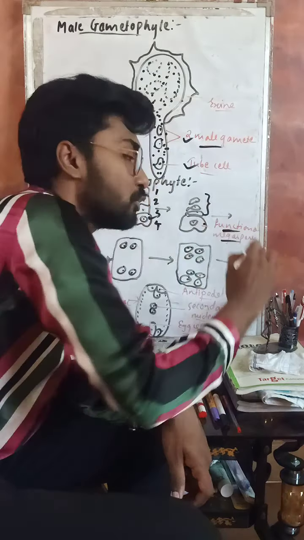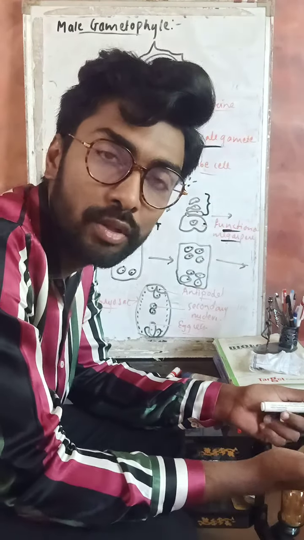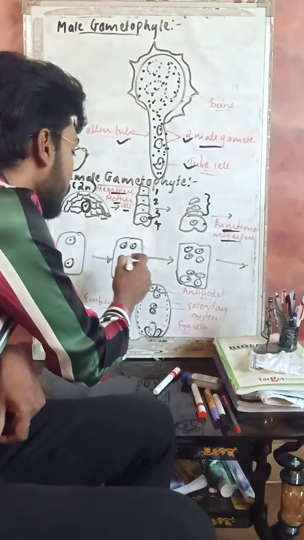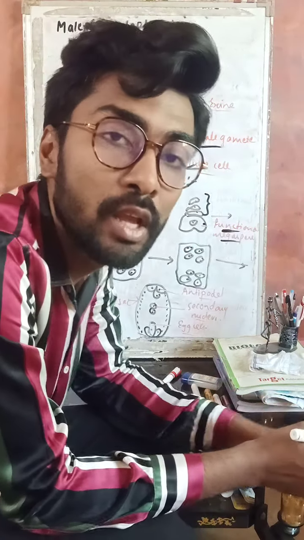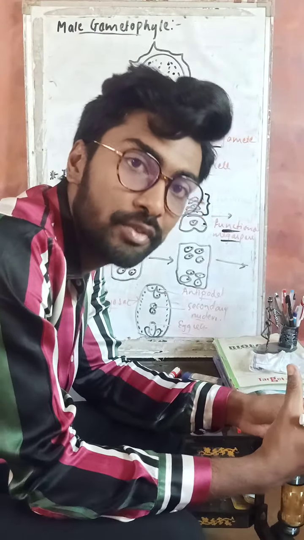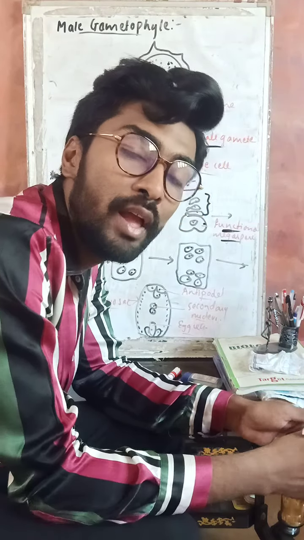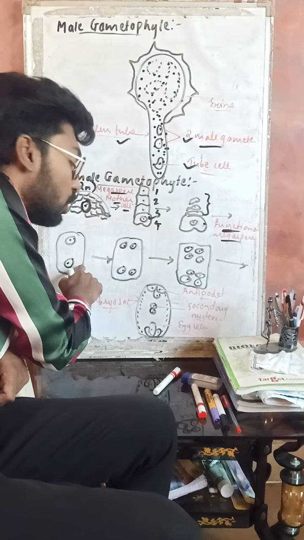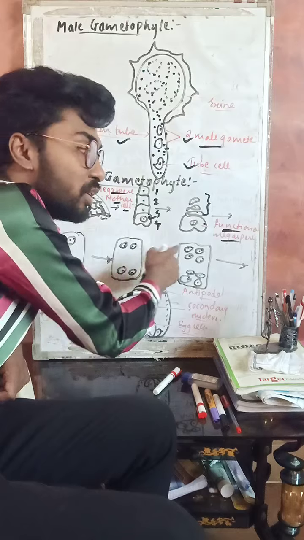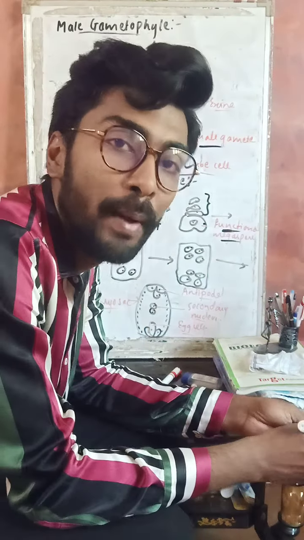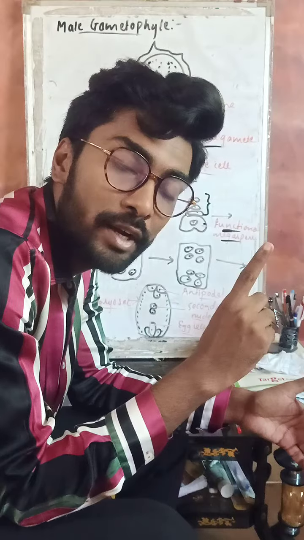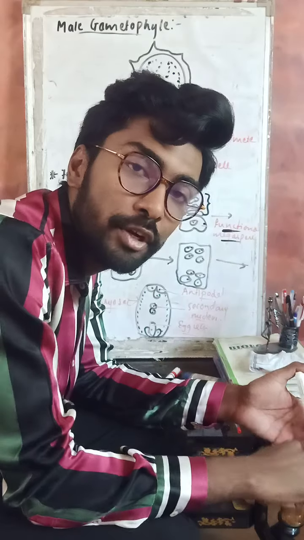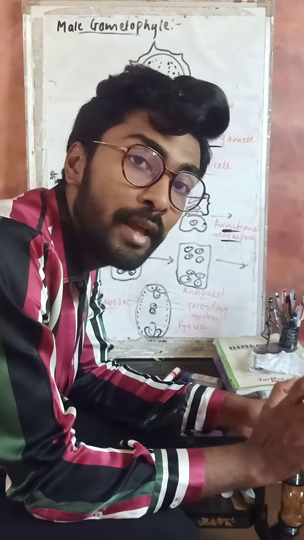Now this functional megaspore will undergo growth. It will enlarge in size, gain nourishment, and further undergo mitosis, cell division. It will undergo repeated mitosis to form 2 daughter nuclei, 4 daughter nuclei and 8 daughter nuclei respectively. So the functional megaspore undergoes repetitive mitosis, leading to the formation of 2, 4 and a total of 8 daughter nuclei present in an